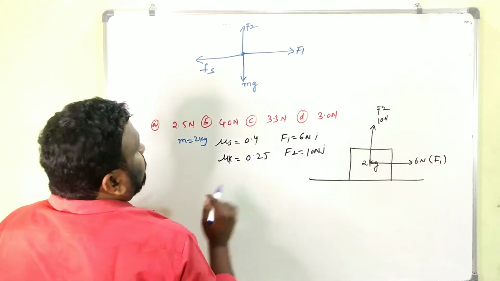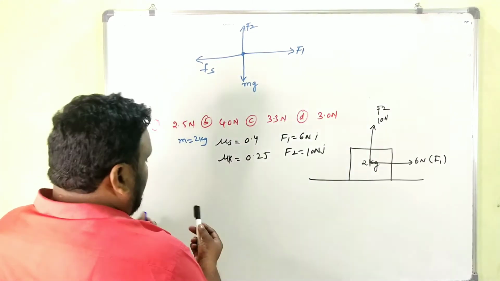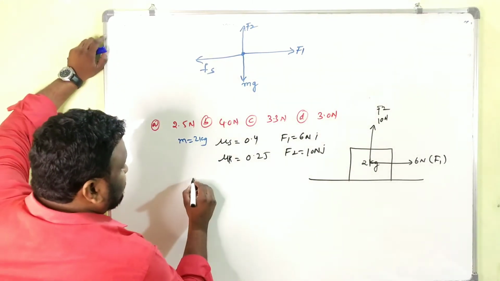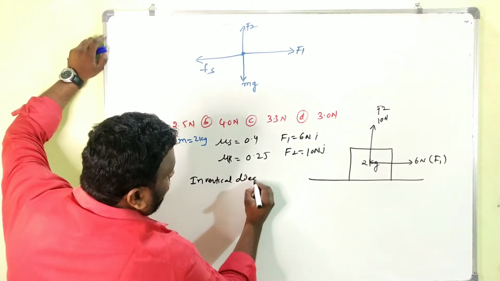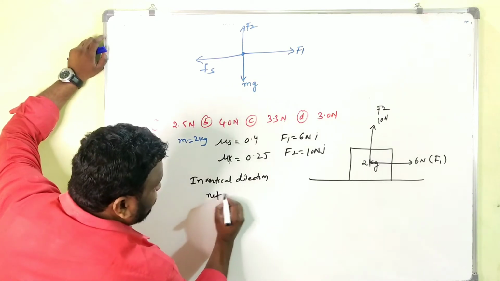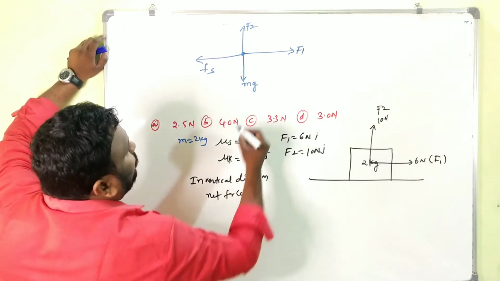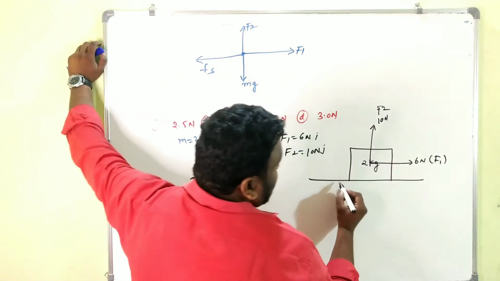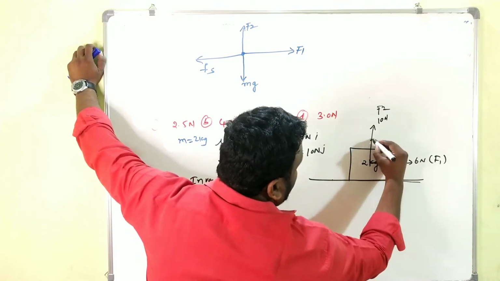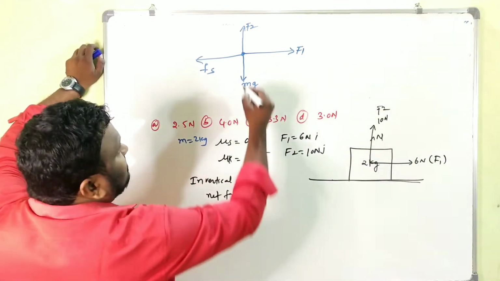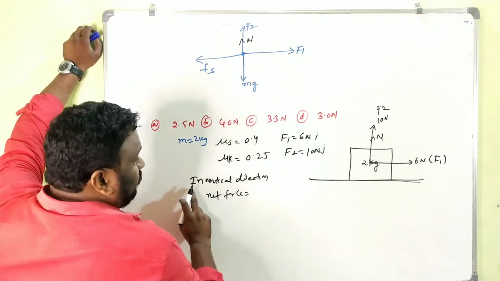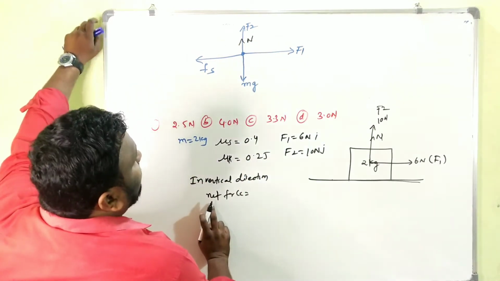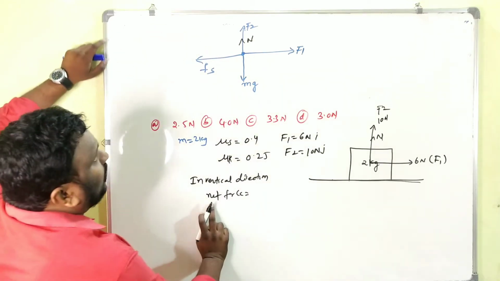So in this situation, in the vertical direction, how can we write the net force? Already, when the body is on a horizontal surface, the normal reaction will also act. That's why here I am going to write this as N. So in the vertical direction, net force, how can we write? Simply we have to write like this,